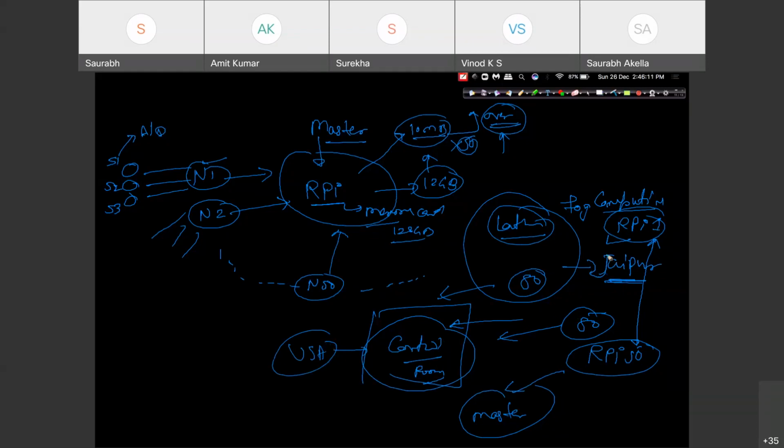So using a cloud, using a website, using a medium through the internet, using any protocol, you are sending this information from all of these hardwares to one of the control room, and that will be called as cloud computing, right?